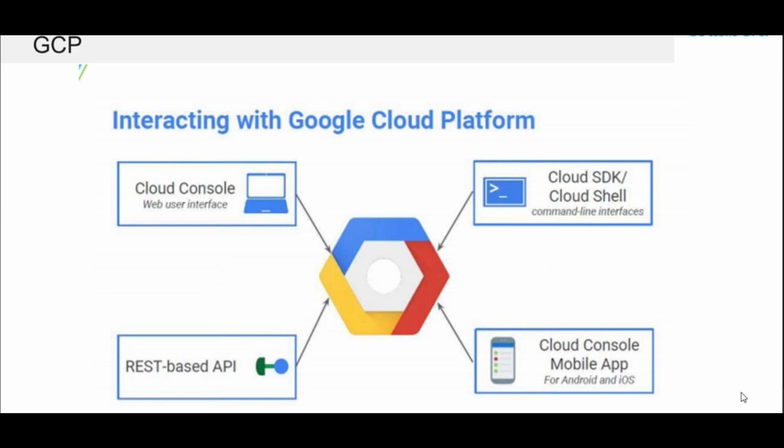On a scale of 1 to 10, what is the difficulty in learning GCP? I would say that once you start learning GCP, you will be interested in accessing it, and then you would be interested in creating your own application and deploying it on the cloud. Likewise, you will do a lot of experiments. It's a very interactive, very innovative kind of technology.